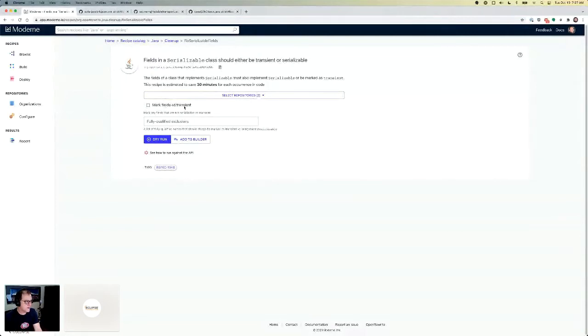Of course, you have options here. You can say, I don't ever want to make anything serializable. I want to always make them transient. Or alternatively, I can kind of mix this. I can say if I run this recipe and I realize I have a factory that got included, and then the factory has a bunch of things that are serializable, you can imagine how this would explode and everything in the world becomes serializable. So there's ways of short circuiting this work.